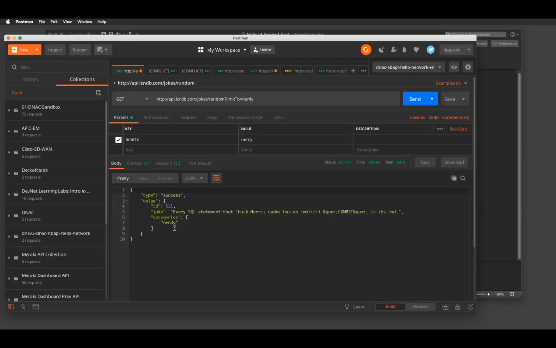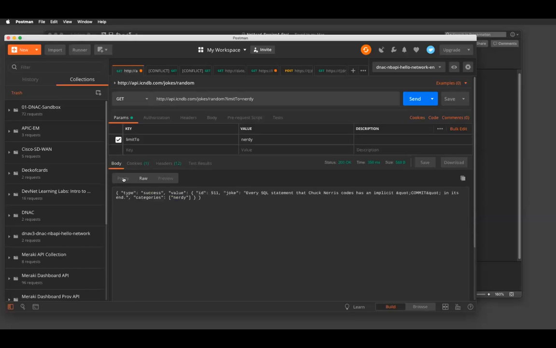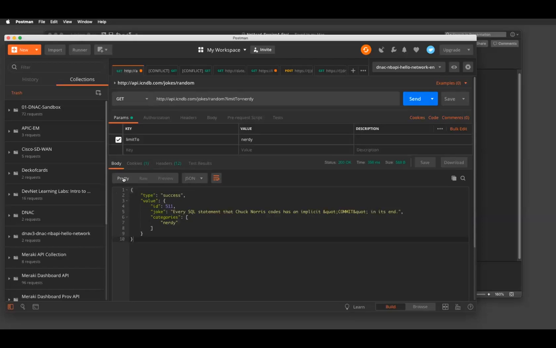Essentially, this is the way we want to see the body of the text. We want to see the data come back. Again, you can do the raw format or the pretty format. Normally, it would come back as raw, but Postman allows it to kind of pretty it up based on the curly braces and some of the formatting. Within JSON data format, white space doesn't matter, but it's just a way to make it a little more human readable. And we get our joke back.